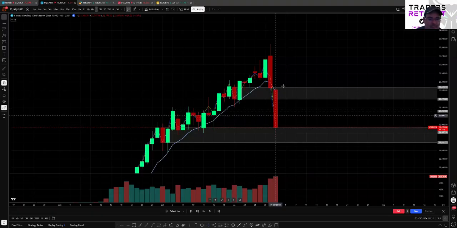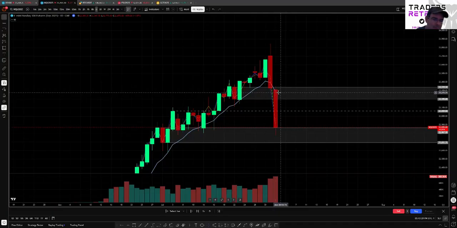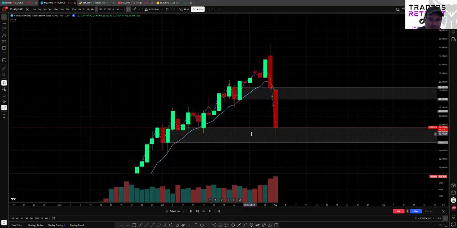Now, granted, these are daily candles, so this could happen overnight. You could chop around all throughout Asia and London. You'd have to zoom in a little bit, but the point is that this is a good way of representing where you can target and kind of get a signal from, right? That close inside of the demand zone up here signals weakness. You get a retest, start to come down, it breaks below the zone and it goes all the way to